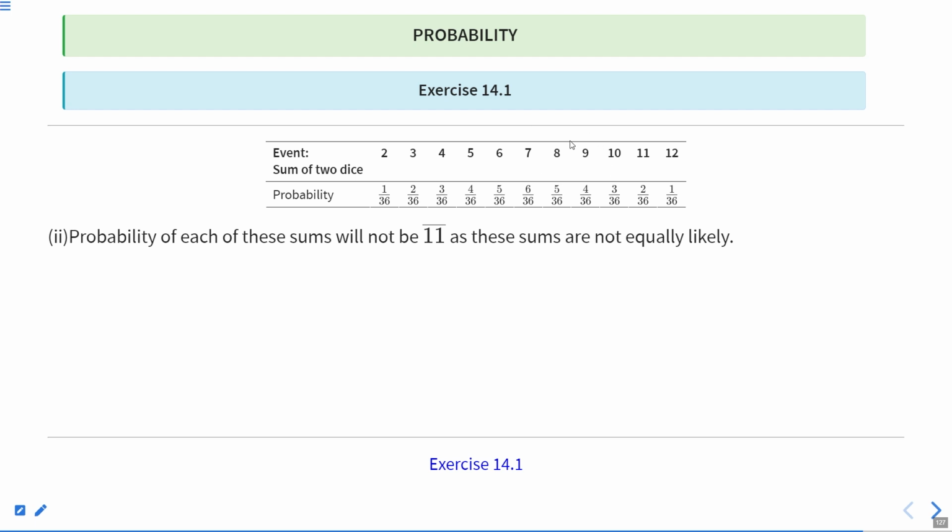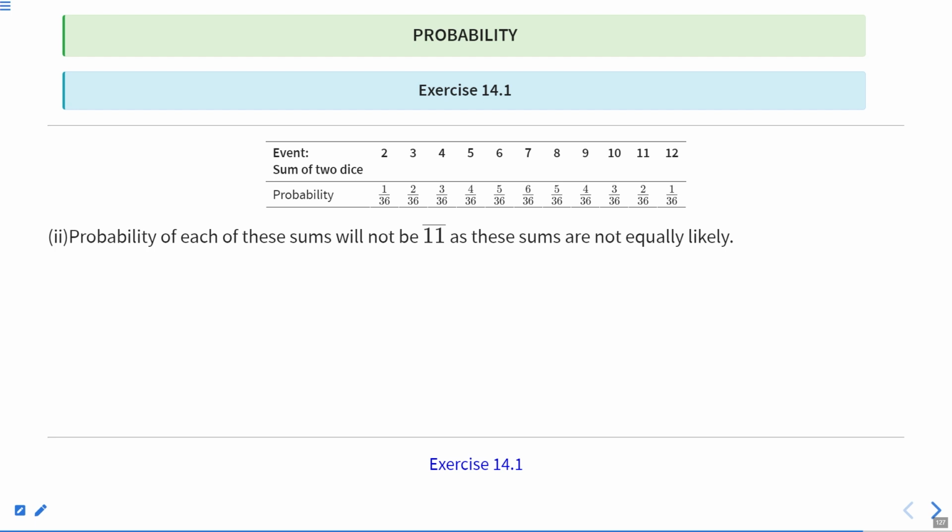And then to get the sum as 9, there are 4 possible outcomes. So therefore the probability to get the sum as 9 is equal to 4 by 36. And to get the sum as 10, there are 3 possible outcomes. So therefore the probability to get the sum as 10